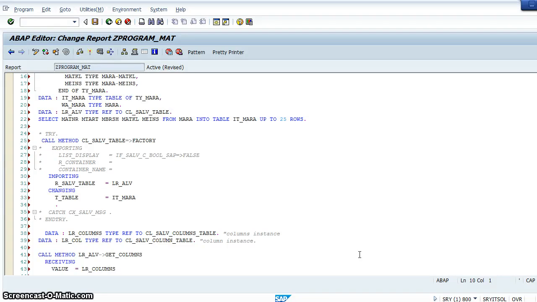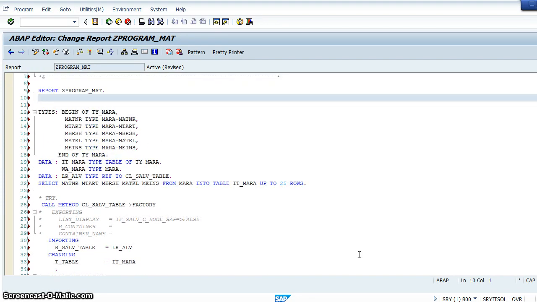In our last video we have seen how to create hotspots. Now let us see how to create an interactive report, meaning when we click on the field it should display some information. So for this we will create a class LCL. We handle this as a local class